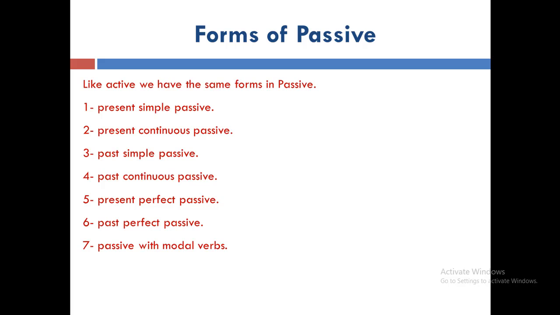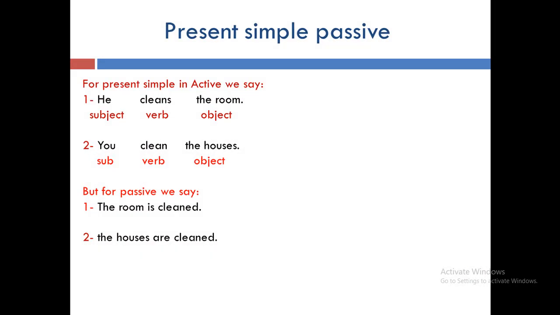In this video I'm going to tell you how to make a sentence from present simple active to present simple passive. By the way, in Unit 42, the book discussed both the present simple and past simple passive, but because this video is one of the basic and essential videos to learn and make passive, I'm not going to imitate the book. So in this video I'm just going to focus on the present simple. Okay.